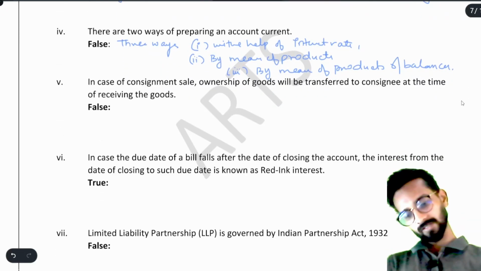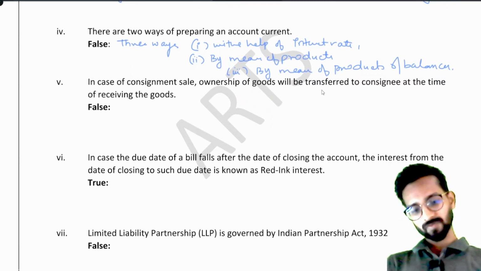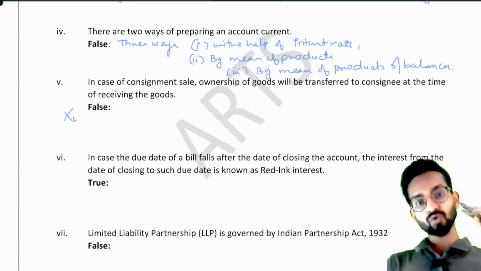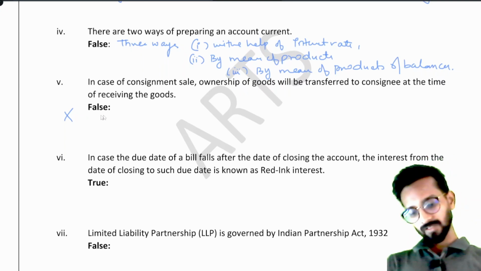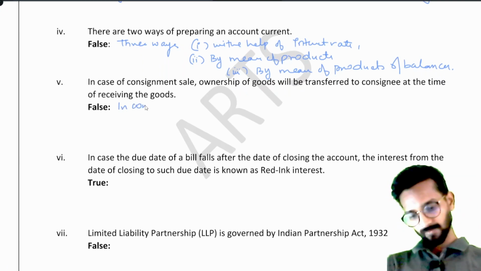समझे, इसलिए वो स्टेटमेंट फॉल्स है. चलो, in case of consignment sale, ownership of goods will be transferred to consignee at the time of receiving the goods. Absolutely not. भाई बताओ कब ओनरशिप ट्रांसफर होती है कंसाइनी की? When the consignee has sold those goods to the third party. Okay, the statement is false, and you will write here, in consignment sale,